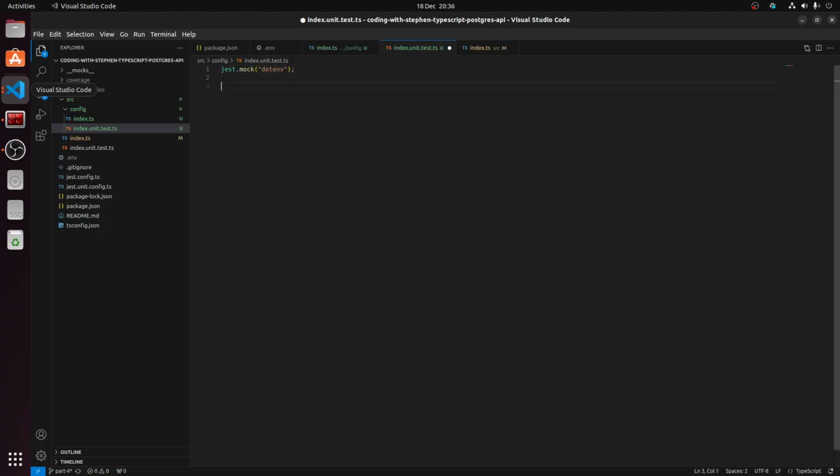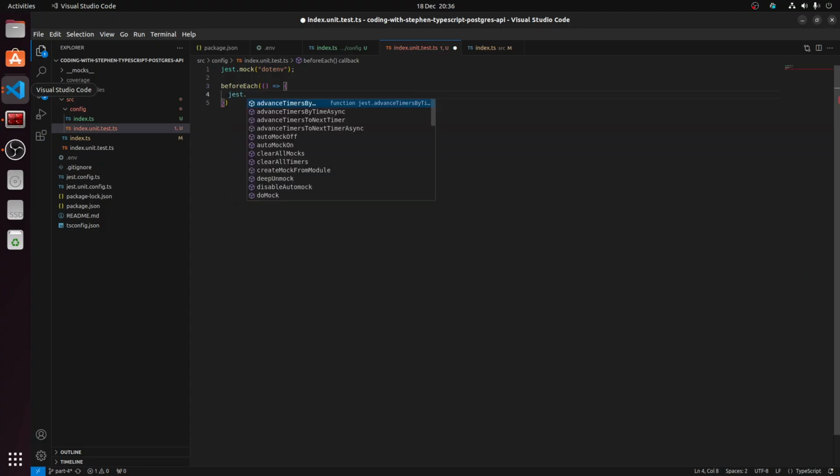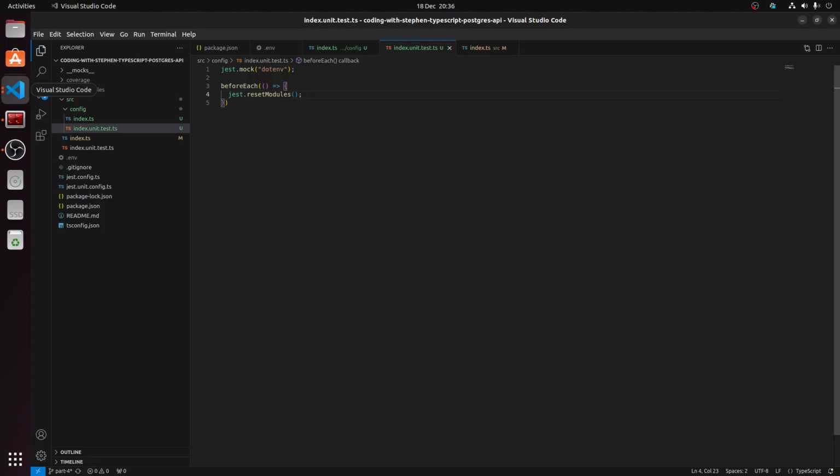And then before each test within this file, we're actually going to call this function called jest.resetModules. Now what this will actually do is reset any required modules within your test files back to their original state. It'll become clear why we need to do this shortly as we begin writing our tests,